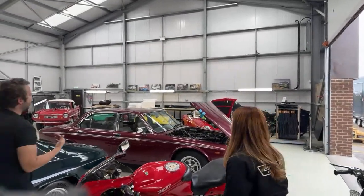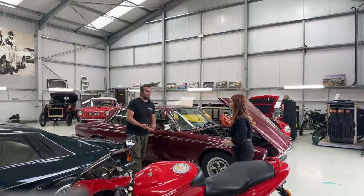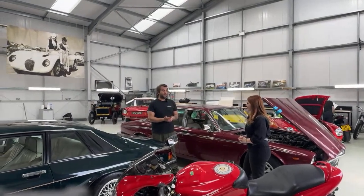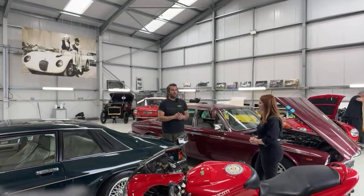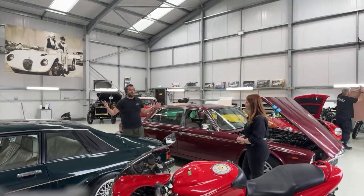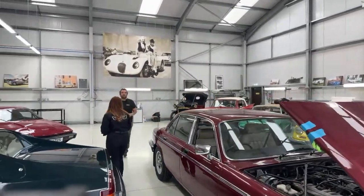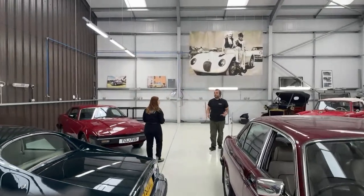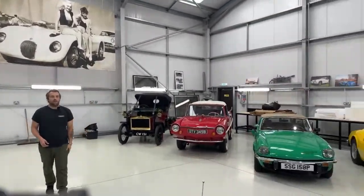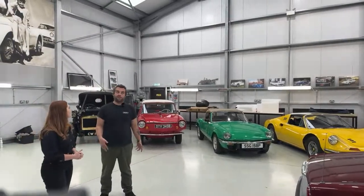So essentially everything that's in here, I mean, our restoration order books are closed until 2026. We have got probably the better part of 10 to 15 cars to get through the next year or two. They're all ground up restorations as well. So this room is essentially going to become a finishing room. So where you see things like that Jensen, so the 541 Mean Greenie will be transferred into here. We're having racking put up on the sides of the walls. As you can see, the finishing bays are already put in. The cars will then be put in here to have their final build-ups before they're put out for